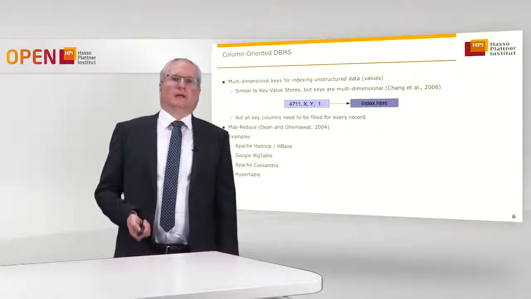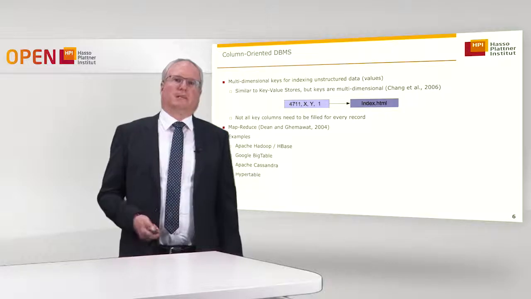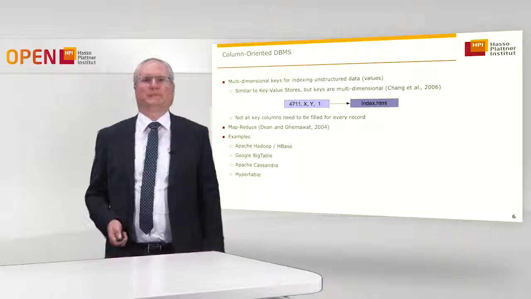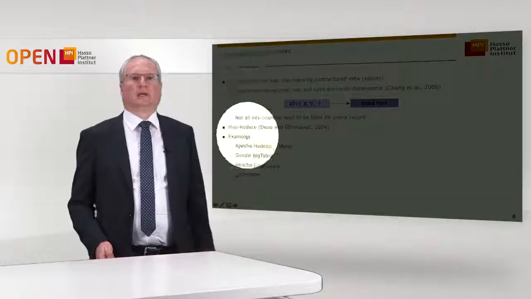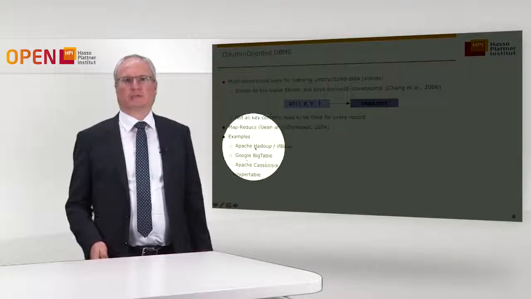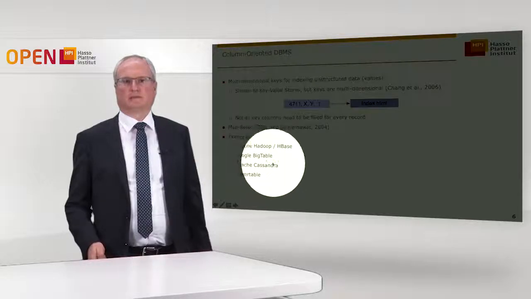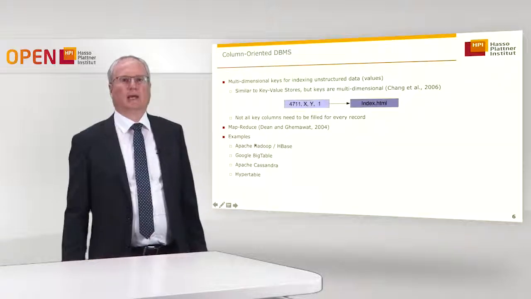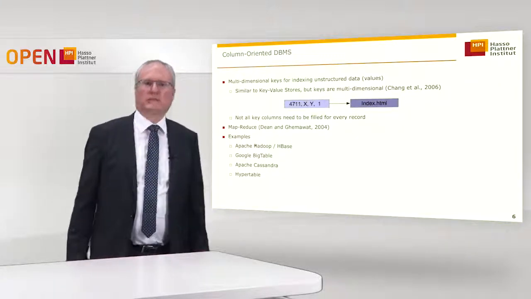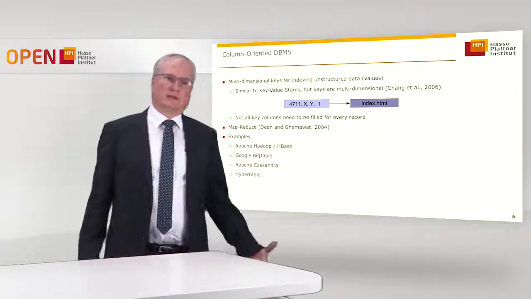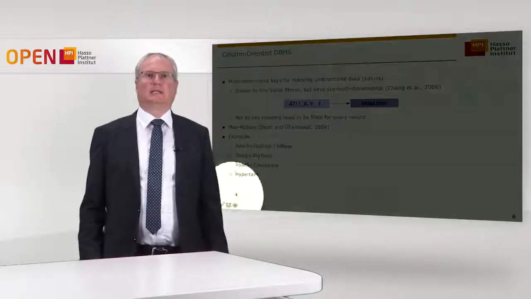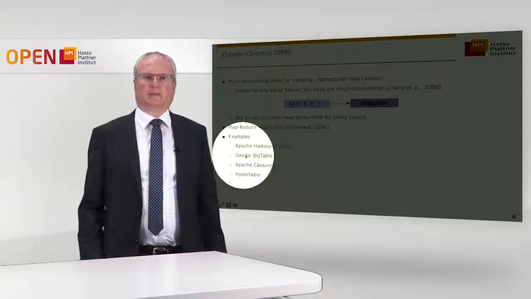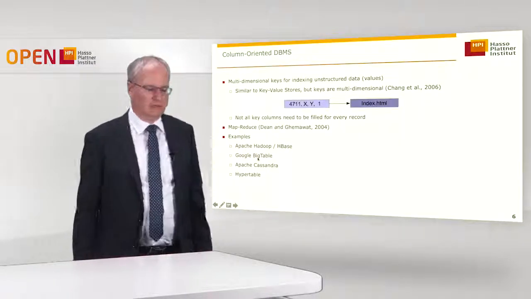Okay. Examples for this kind of databases are, for example, HBase, based on the Apache Hadoop distributed file system, and of course Google Bigtable, which is also used in the Google App Engine. And this is due to the fact that Google basically invented this kind of databases. And there's Apache Cassandra, which is also very popular. It's also an Apache project, and Cassandra is again such a multi-column database, also schema-less, and also a typical NoSQL database.